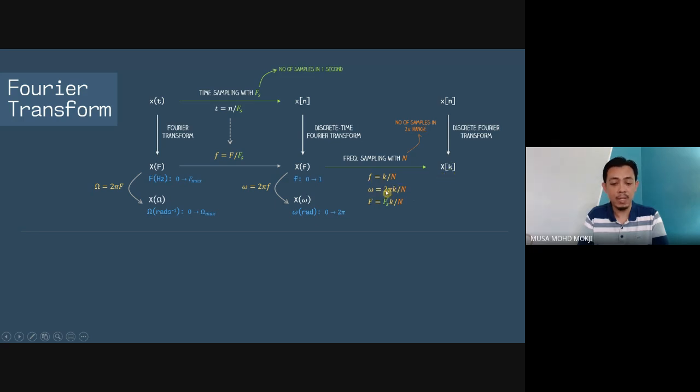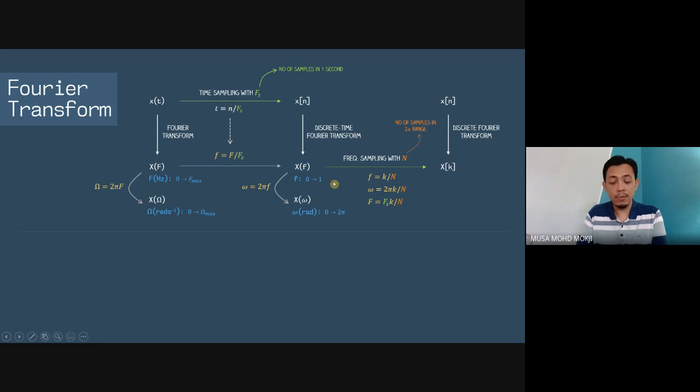You don't have to memorize this, because in the test and exam this formula will be given. You just need to know how to use it. So what does it mean? Actually, we can convert between these 5 frequencies, 1, 2, 3, 4, 5. We can convert between each other, right?